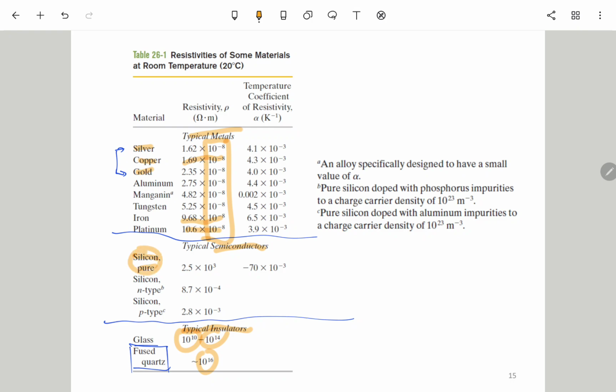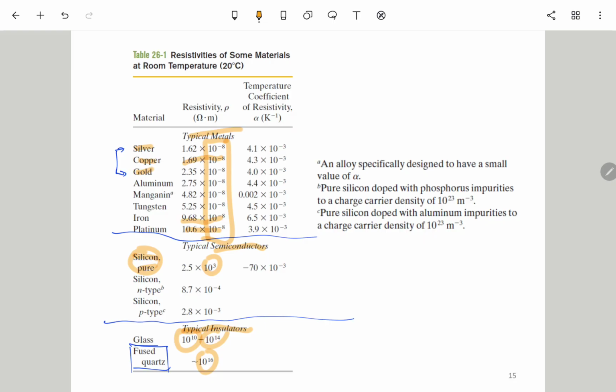The resistivity is 10 to the third power, pretty high, 11 orders larger than the typical metals. So we won't use pure silicon to make the IC. But before making the IC, we need to have the pure silicon, and then we